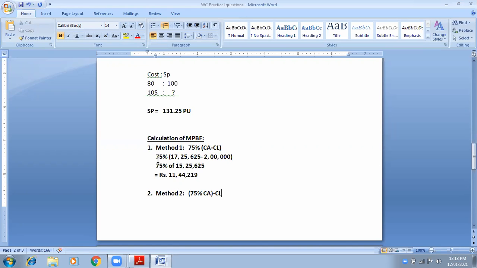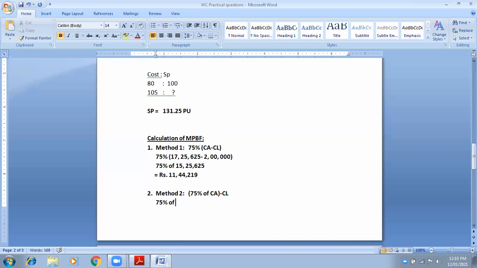75 percentage was calculated on net working capital, current assets minus current liability. But now we will calculate 75 percentage on current assets only, and then current liabilities will be deducted. See, the bracket is changed. Bracket was here, current assets minus current liabilities. But now bracket is here, 75 percentage of current assets. So you will write like this, the way I am writing. Don't go according to what is given in the textbook. Okay, that is a little confusing.